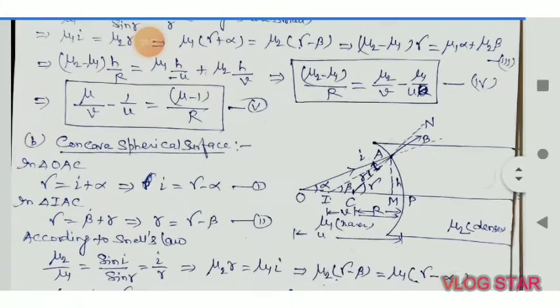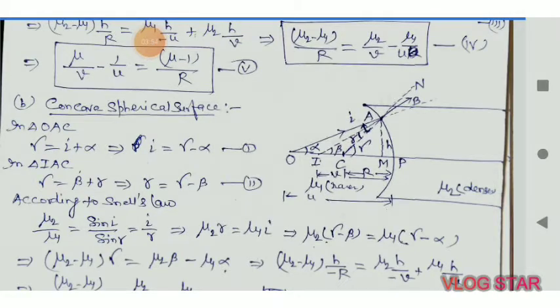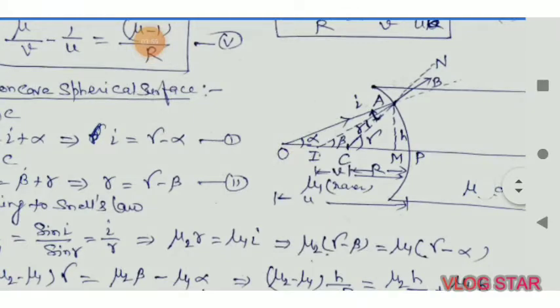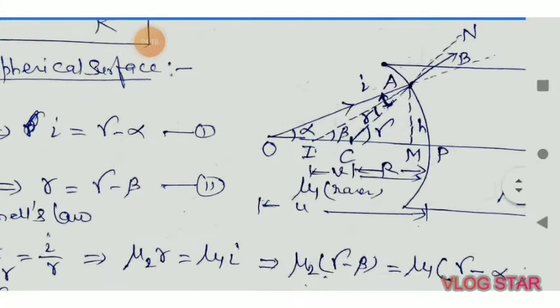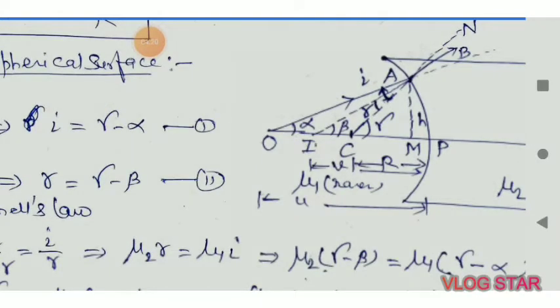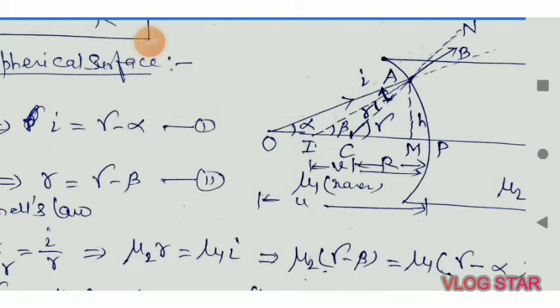The same process you see for the concave spherical surface. Again we take a point object lying on the principal axis. O is the point object, and the image is forming very close to the spherical surface. The angle of incidence is this one, the angle of refraction is this one, and it forms the image at I. Those angles form beta, the object angle alpha, and the center of curvature angle gamma.